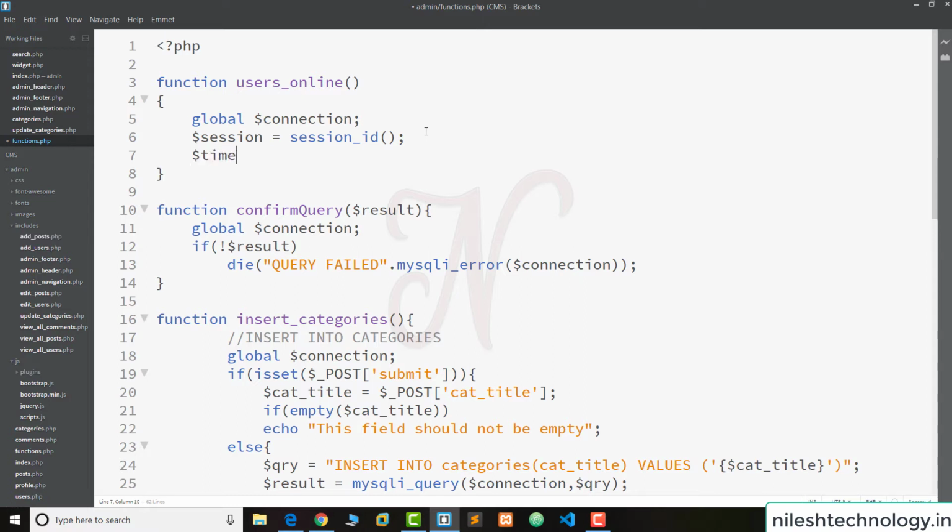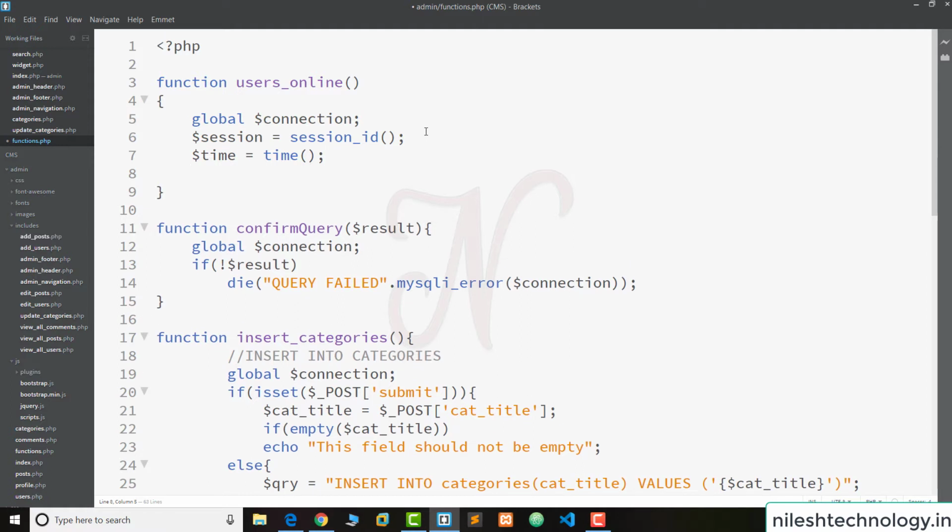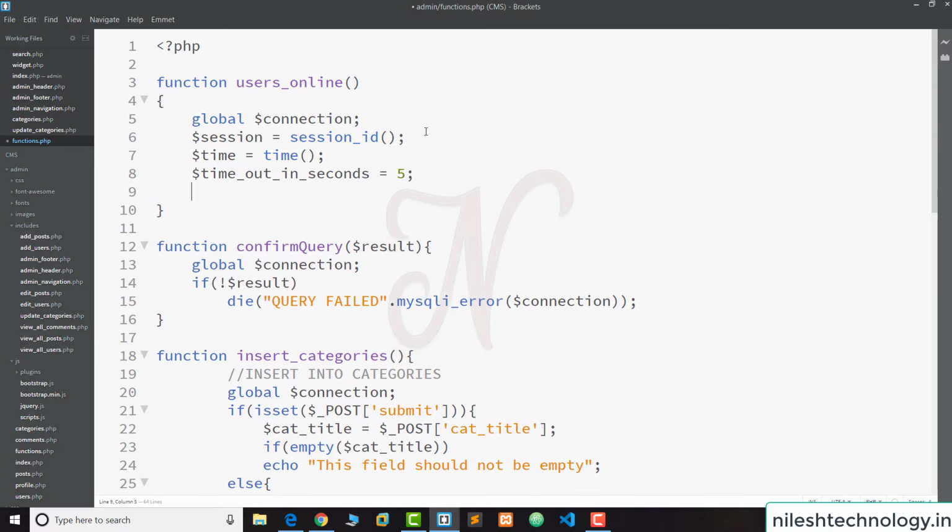Then we create a time and store it in the time variable. We declare one more variable, time_out_in_seconds. This is 60 seconds, so every 60 seconds it checks if there are any active users. For testing purposes we use just 5 seconds.